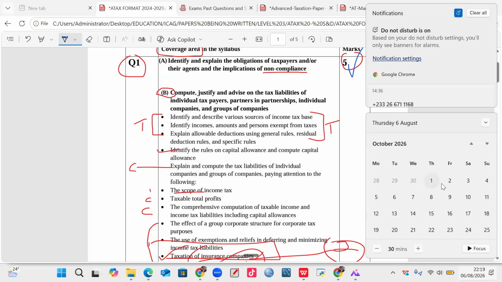So as soon as it's 1st October, immediately we start a mock. Even some of them this week will be for mock. The second week in October will be for mock and lectures. And the next week will be for intervention, right? And the last week, that is if the exam will take effect the 1st week of November. But this time around, the exam will take effect from second